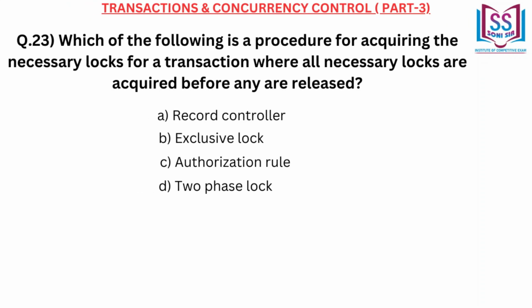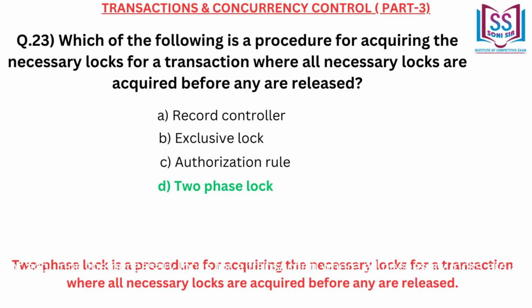Which of the following is a procedure for acquiring the necessary locks for a transaction where all necessary locks are acquired before any are released? A. Record controller. B. Exclusive lock. C. Authorization rule. D. Two-phase lock. Correct answer D. Two-phase lock. Two-phase lock is a procedure for acquiring the necessary locks for a transaction where all necessary locks are acquired before